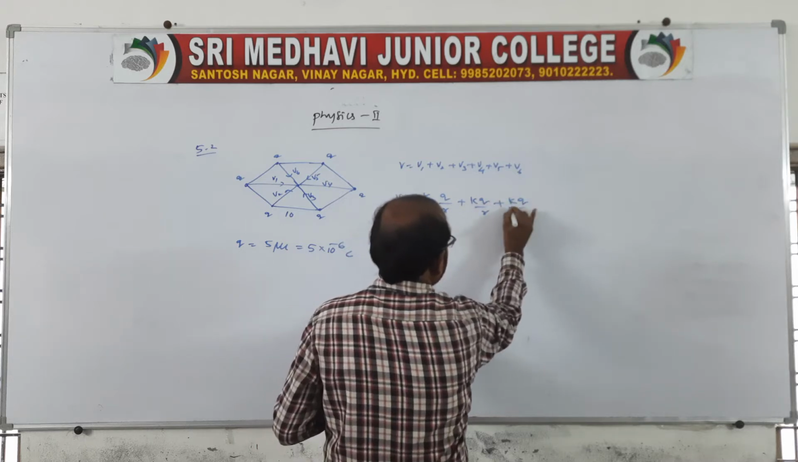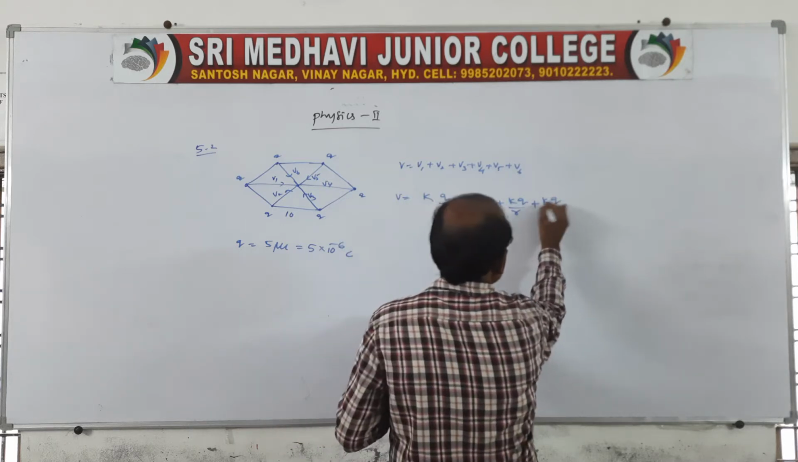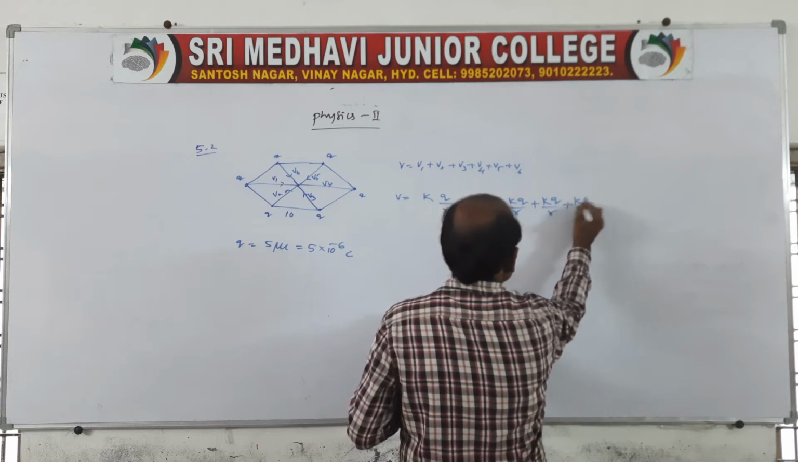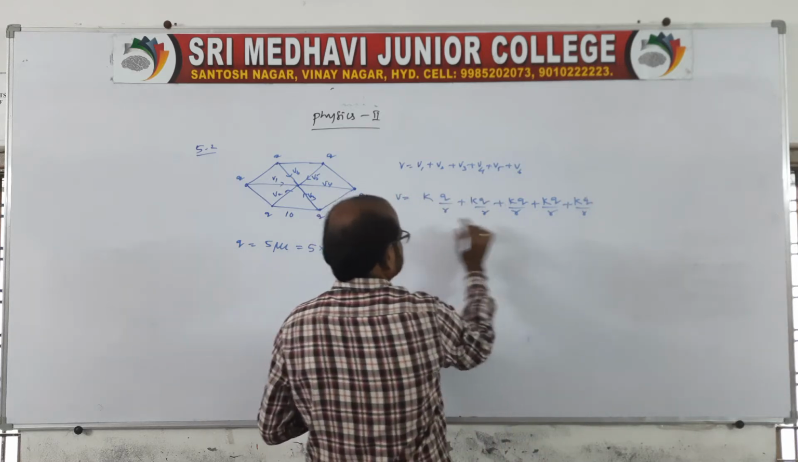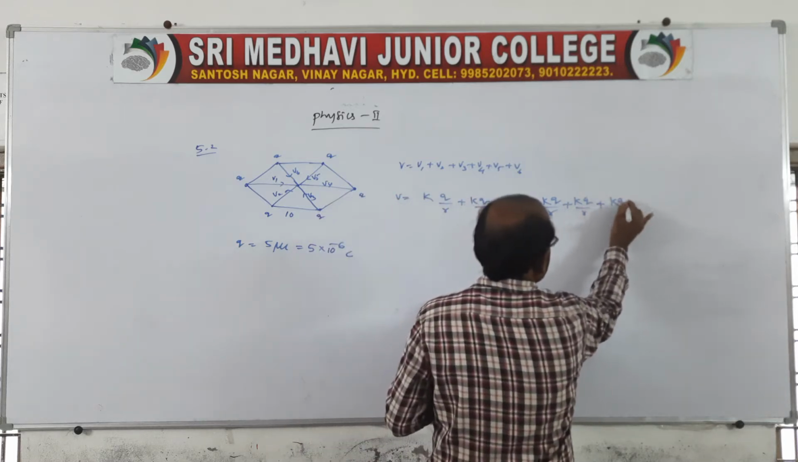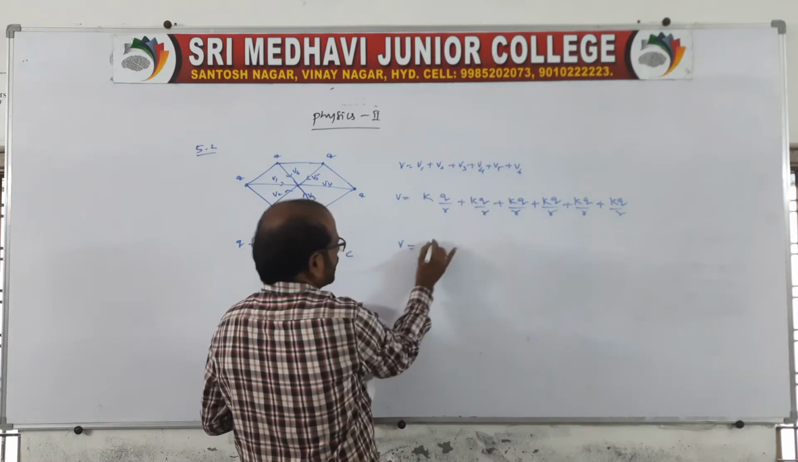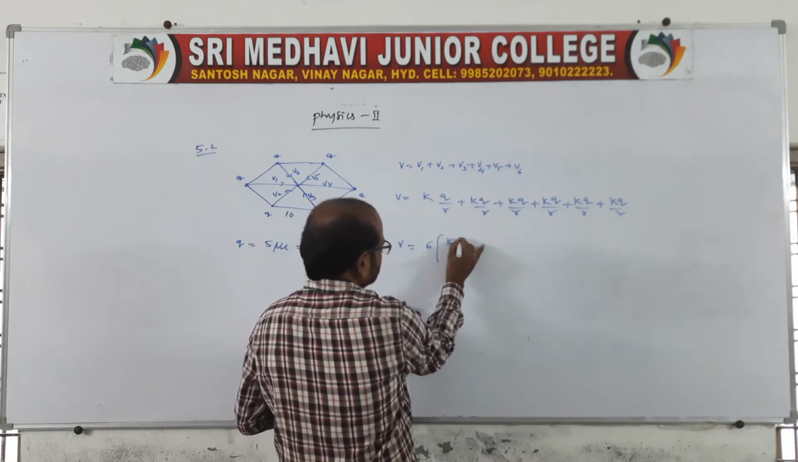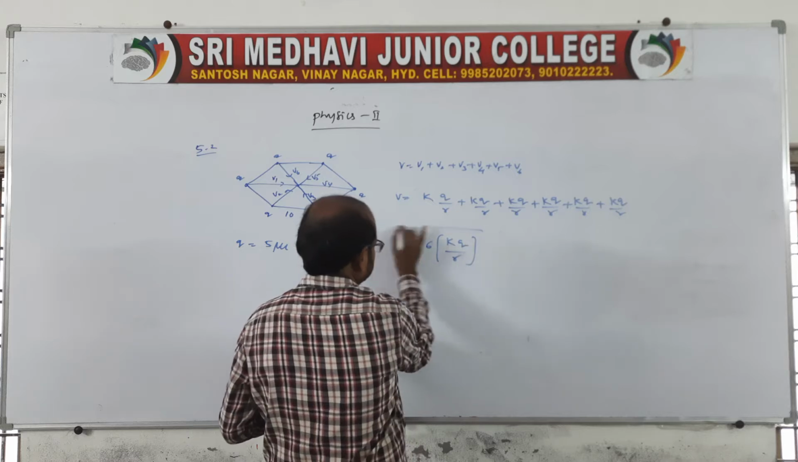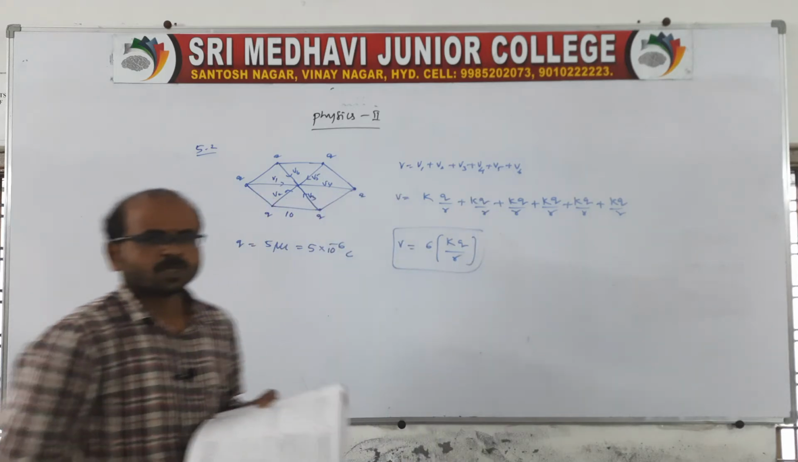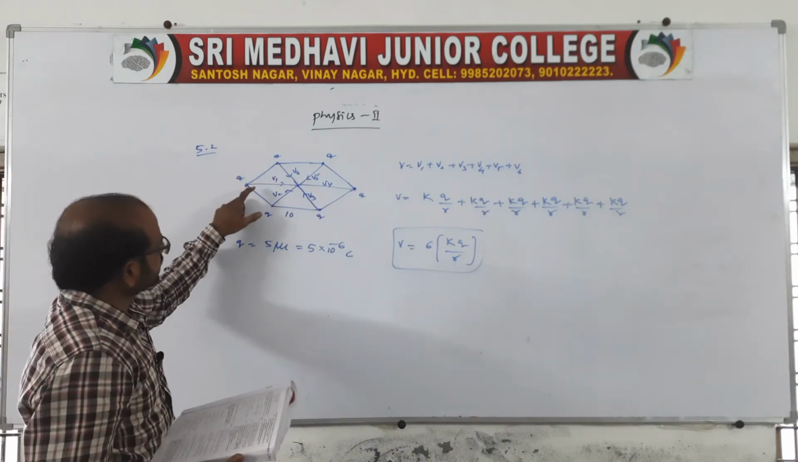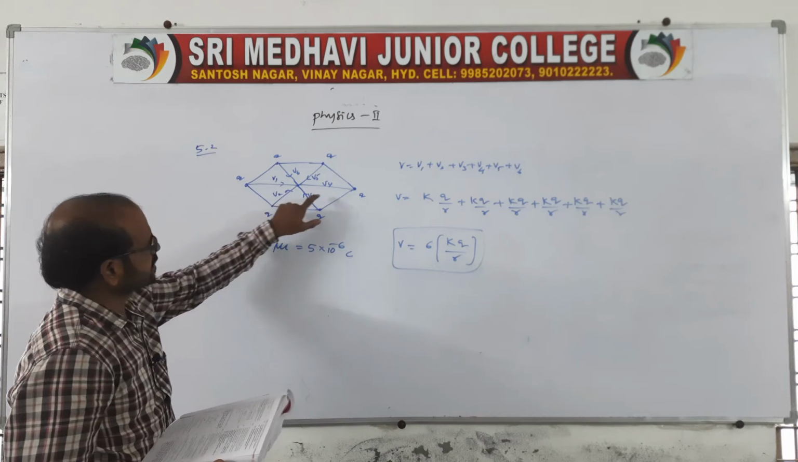K Q by R plus K Q by R plus K Q by R, 1, 2, 3, 4, 5. So you take one more K Q by R. Here you add all, therefore we will get 6 K Q by R. This is the information. Because here it is nothing but a hexagon, you look at each and every